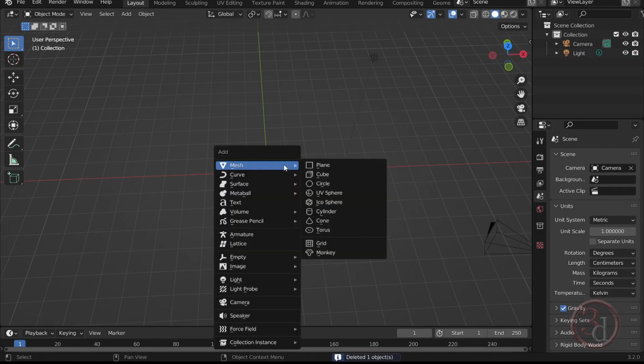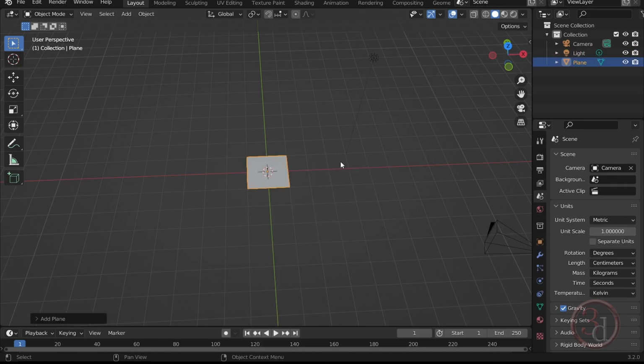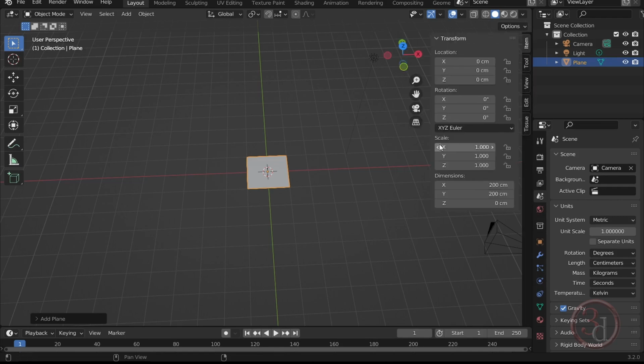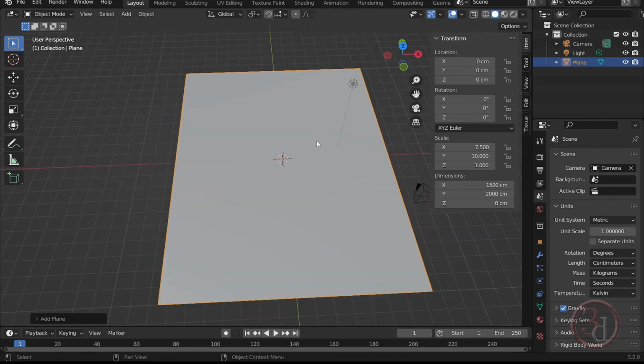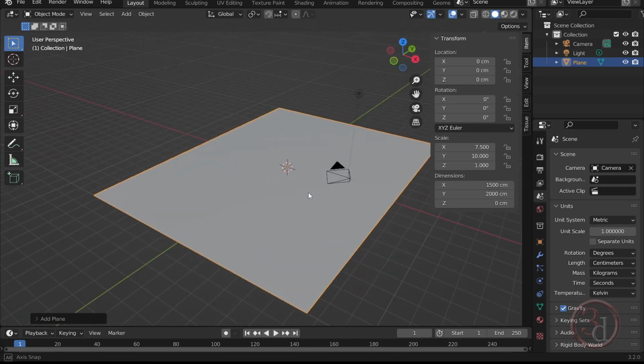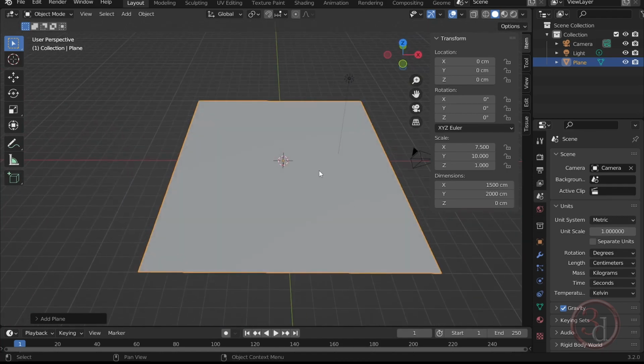and I will create a mesh plane, and then I will press N on my keyboard and let's adjust the width, maybe somewhere around 1500, and we can further adjust this later on. Okay, so the first thing I would like to apply is the texture for this ground plane, and the texture